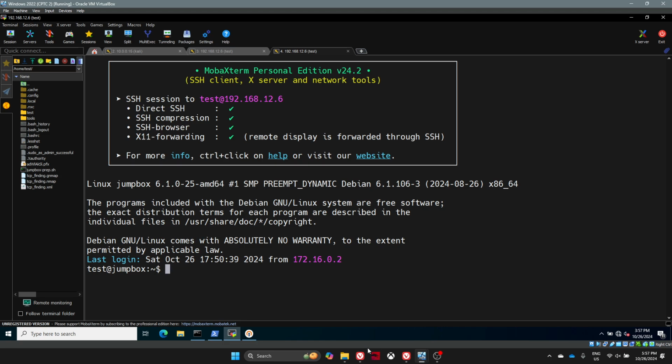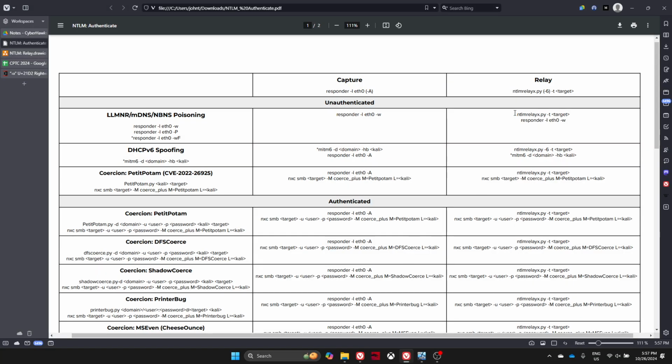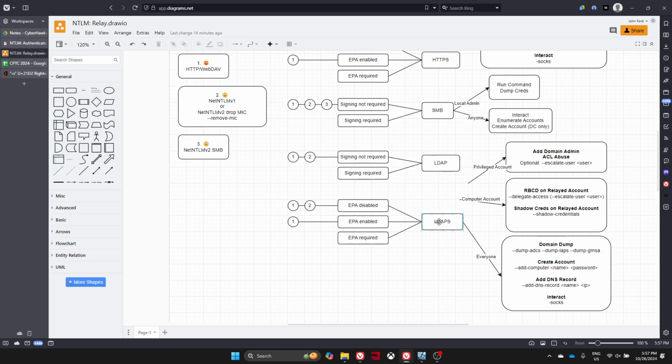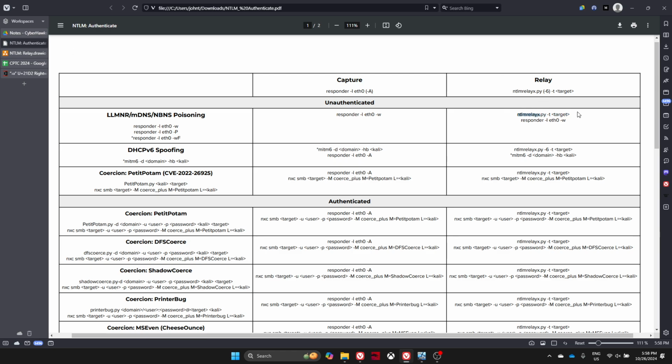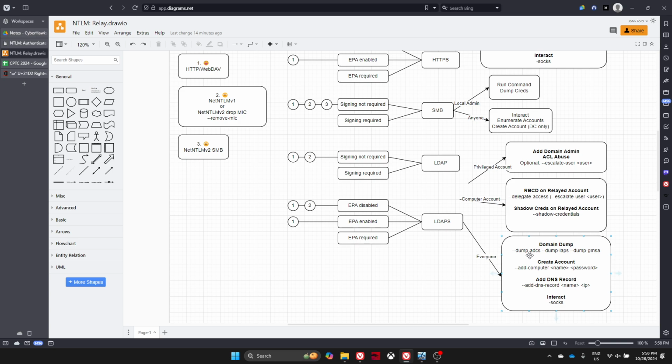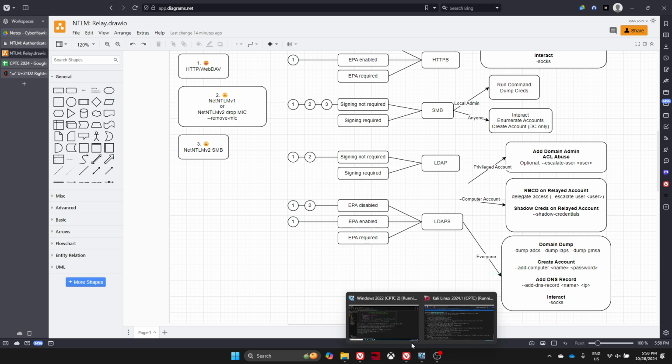Before we actually run ntlmrelayx, let's figure out what flags we need to carry this attack out. If I want to dump the domain, I don't really need any additional flags, but I also mentioned that you could do dump ADCS, dump LAPS, and dump gMSA to dump some additional things. So I'll add those in too. So going back, combining those, this plus this is going to be